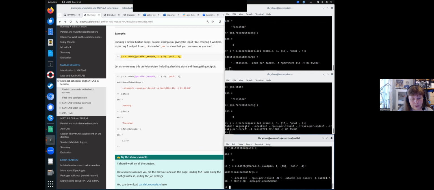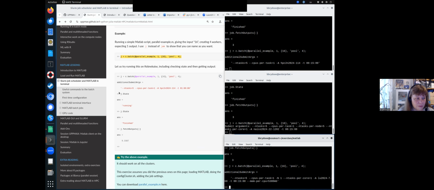And it tells me here the submit arguments, and those actually are very useful because you can copy them and use them later when you are creating a batch script. So it tells me here that it submitted it with number of tasks equals 5. And that's true because you have 4 workers and there's also a master. So that's 5. CPUs per task is 1. And there is the project ID and the 15 minutes that you asked for, or that I asked for when I created my cluster profile. That's for the job settings in it. So